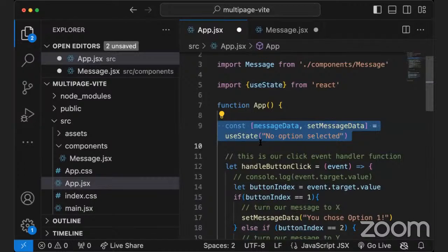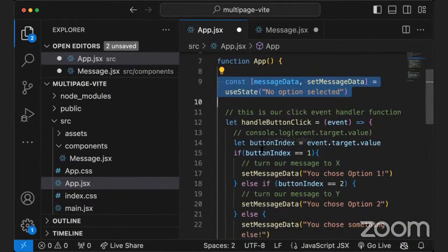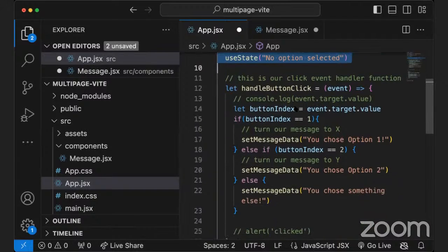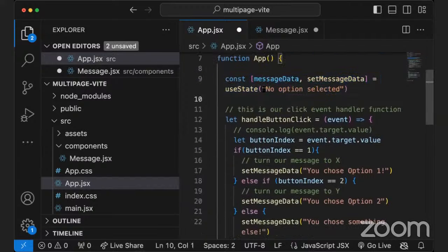And state is essentially the component keeping a record of itself and data about itself that will change as the component changes in different settings of the component, right? So realistically, what we are attempting to do is say, hey, we have this message data, and this message data is going to hold some information related to what the message is on our screen at different points in time, right? The value of this message data will always be changing based